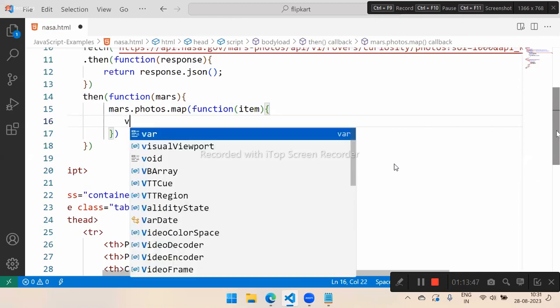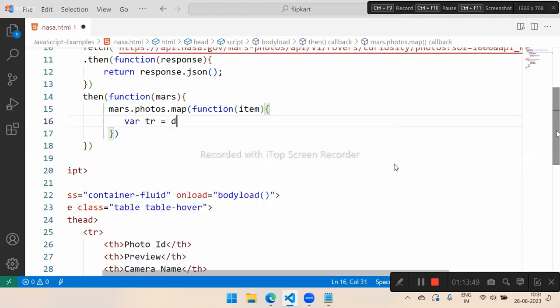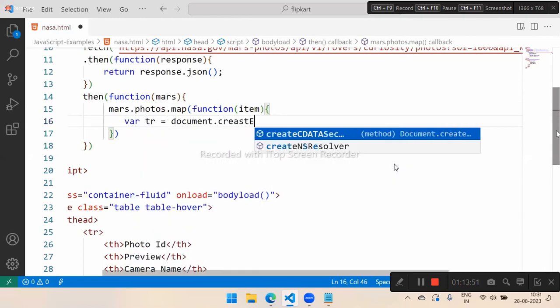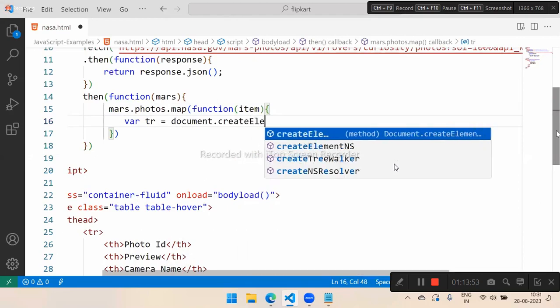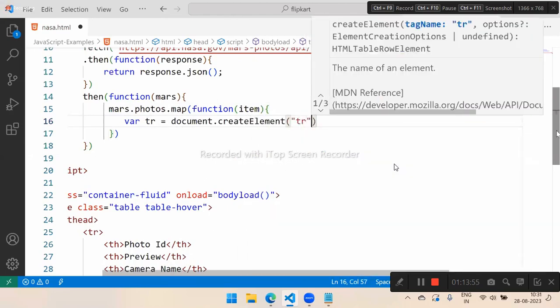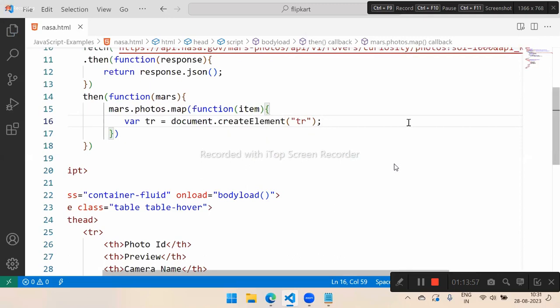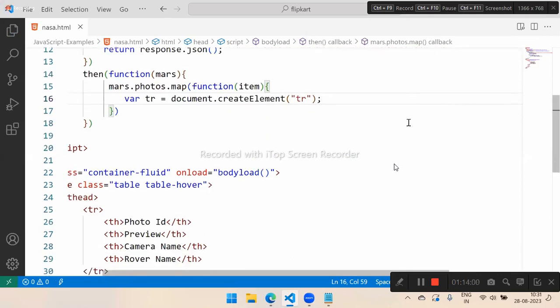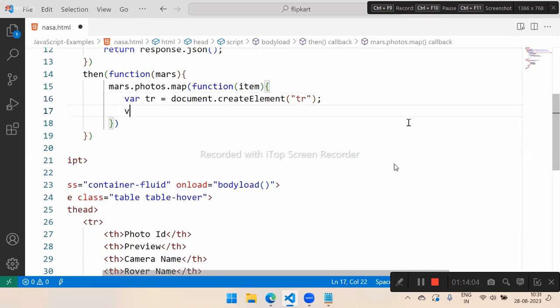So where tr is document dot createElement. We have to create tr. In this, how many cells do we need? ID, image, camera name, rover name. Four cells we need. So where td id is document